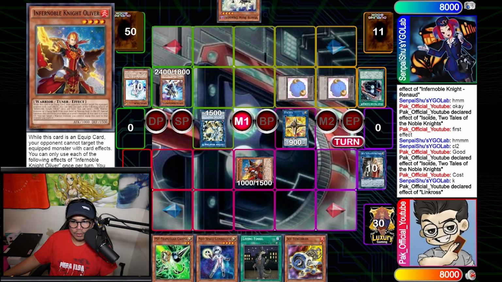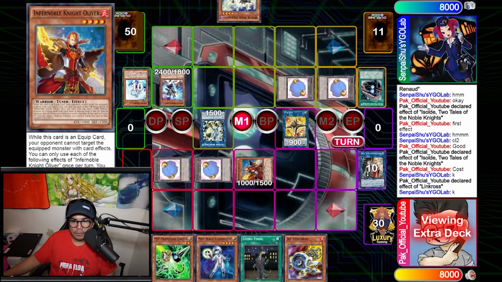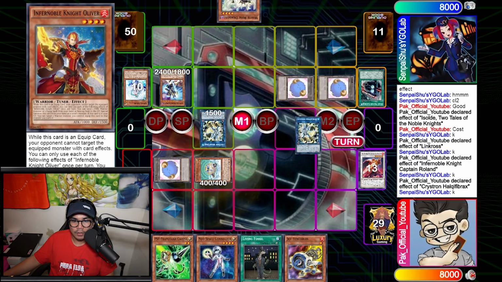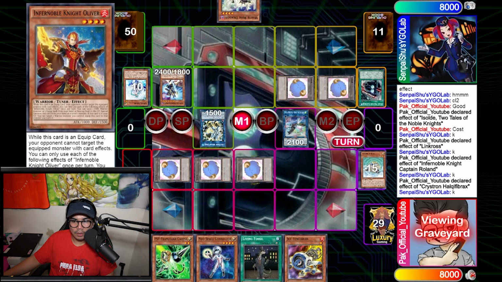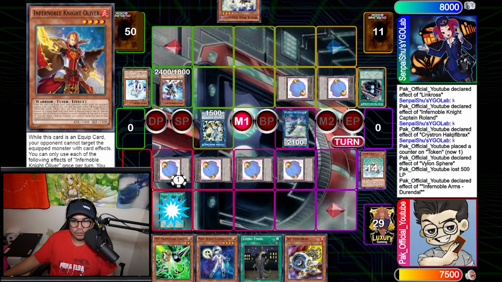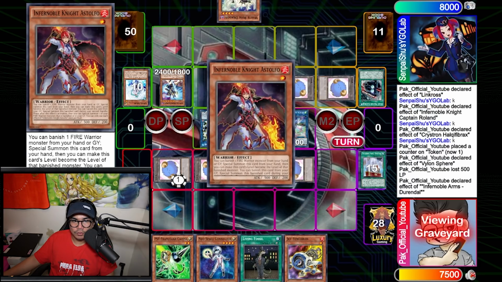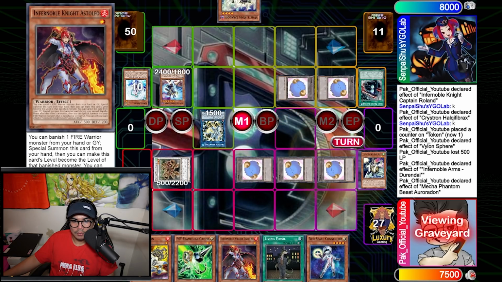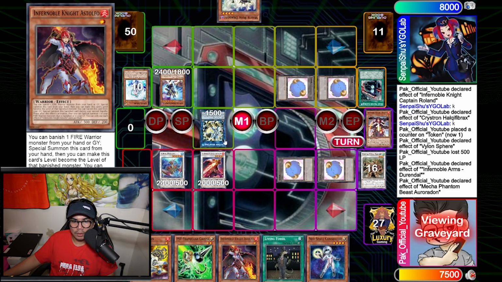Here I'm gonna make Link Cross and then just do standard plays. Make Roland, trigger Fiber, get Sphere, make Auroradon, chain link to Sphere, equip back the Durandal, use the Durandal effect, and here I'm going to search a Stolful, tribute 2 to summon the O-Line, make Metal Marcher, bring back the